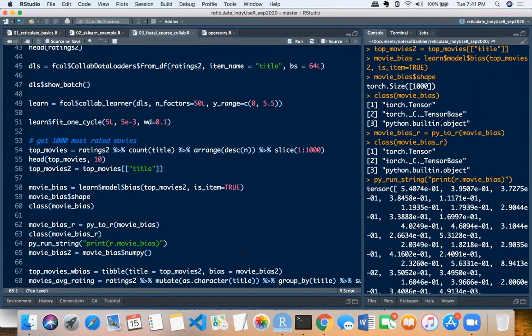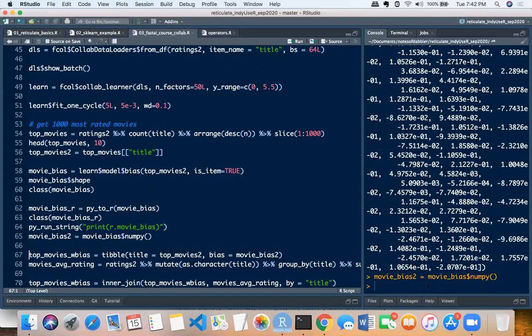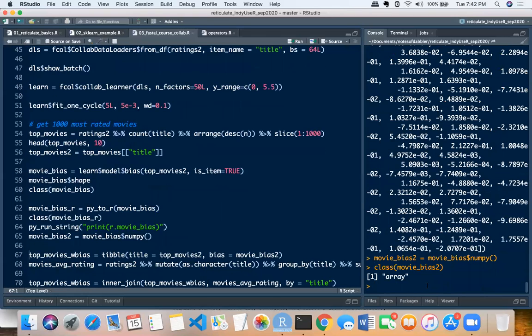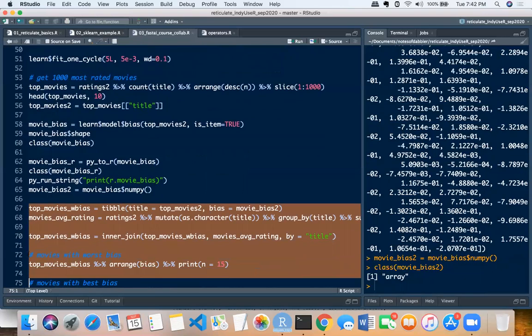But what we want to do is convert it to some R object that we can use within R. Luckily, PyTorch has a function that converts PyTorch data into a NumPy array. In Python, you would do it with the array dot numpy. So if we just say movie_bias2 as movie_bias dollar numpy, now if I say class movie_bias2, it has become an R array. So now I could do the usual dplyr stuff with it